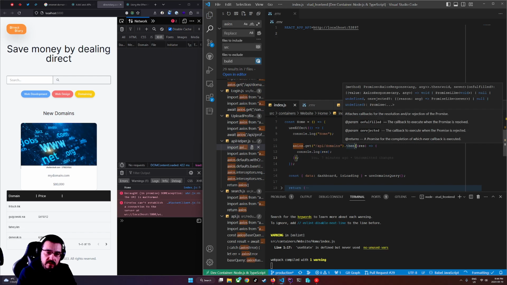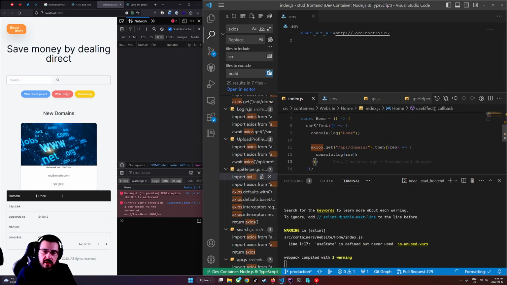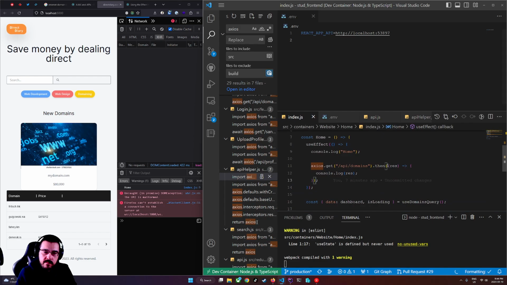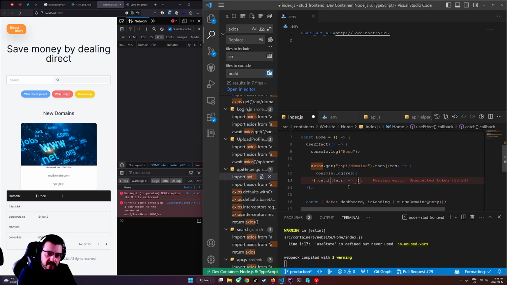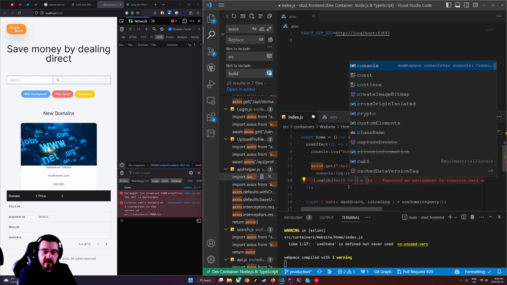thanks to VS Code, it highlights which bracket we're in. So we want, after the get, this, which is yellow. Or actually, sorry, after the then we can chain .catch, and we need a function, and thanks to GitHub Copilot, it starts for us. Catch error. We're just going to